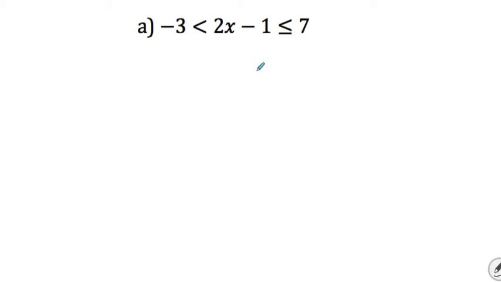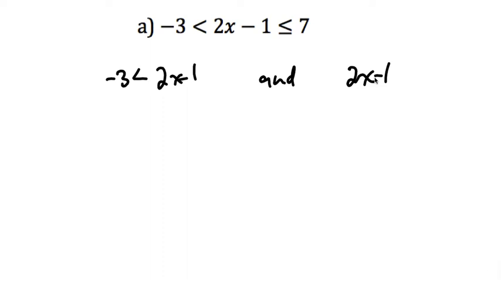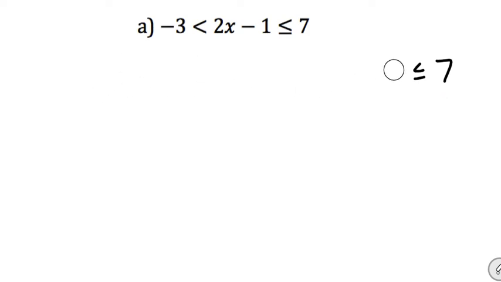Now you could rewrite this. I'm going to show you this, but I'm not going to solve it this way. You could rewrite this as -3 is less than 2x minus 1 and 2x minus 1 is less than or equal to 7. You could rewrite it like that if you wanted to, and then you would just go through and solve each of them individually. But I just think that that's spending more time on the problem than you need to. I'm going to show you the short way of doing this so that we can get these problems finished